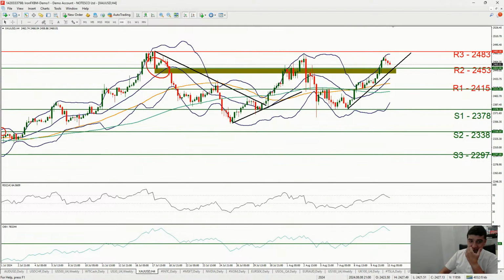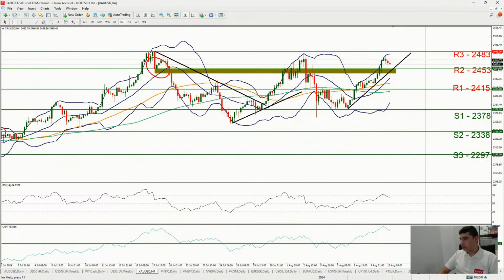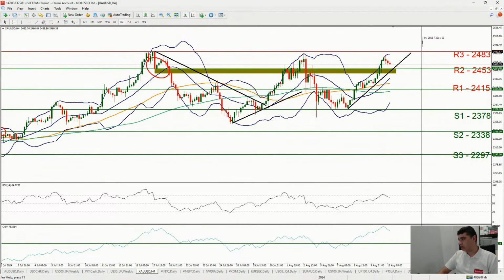The way I like to do this is essentially I'm going to take the distance between the S1 and S2 support level and then reflect that higher. So if I believe that this is indeed a support level and this indeed a second support level, then reason dictates that we might see an equidistant move between R1 and R2 as well. So I'm taking this crosshair that you can find on our MT4 and MT5 platforms. It is Control F, holding left click, 3,840, and then 3,840 to the upside,